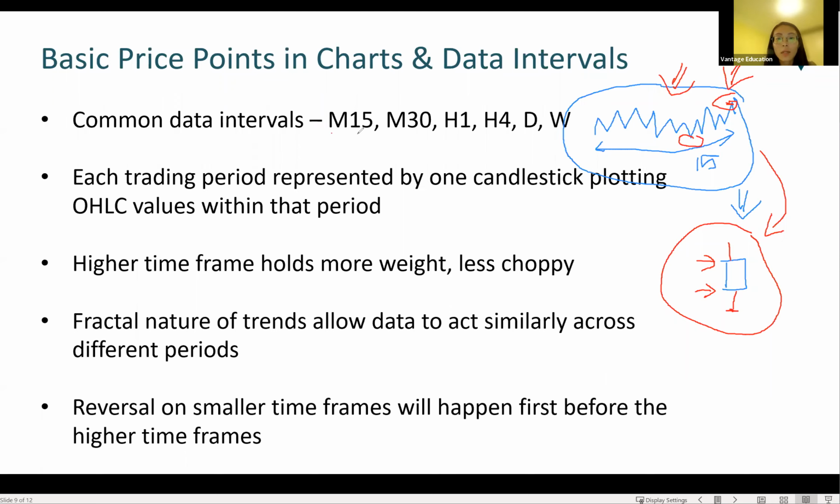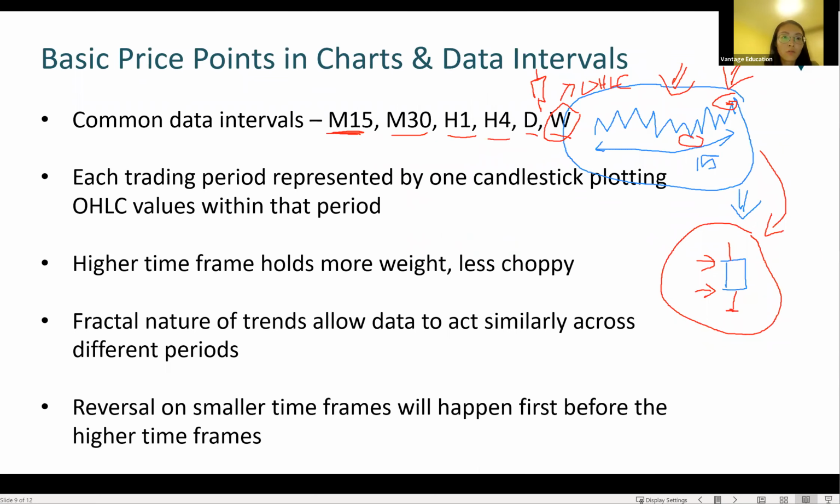So when people say that they're on different time frames, that's essentially what we mean. So if you're on the daily time frame, the weekly time frame, essentially the weekly time frame would represent the price movement. It captures the OHLC values, which represent the open, high, low, and close prices, and it forms into a specific candle. Now, what this suggests, when we have these different time frames, is that on the higher time frame, the weekly, the daily, it would be less choppy as compared to the smaller time frames. So how we can see this is if you take a look at TradingView,